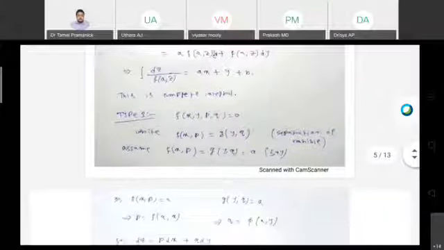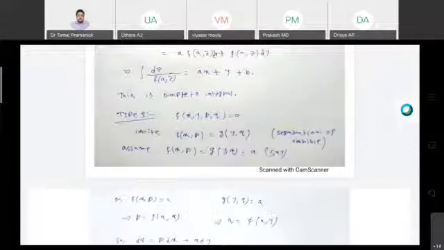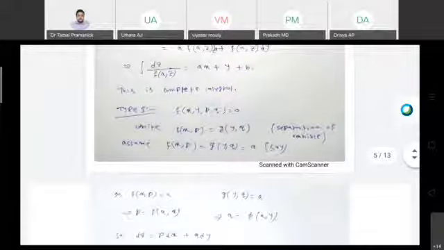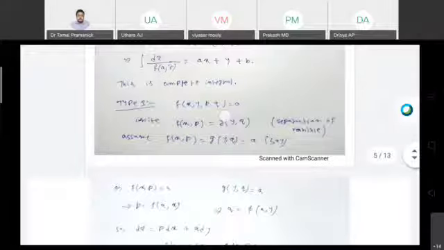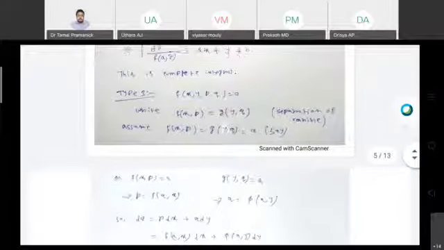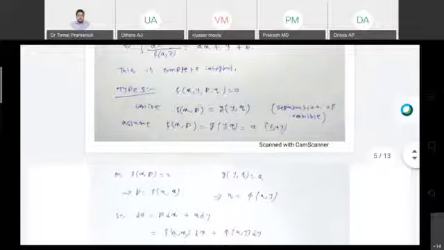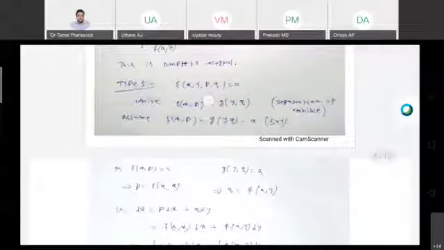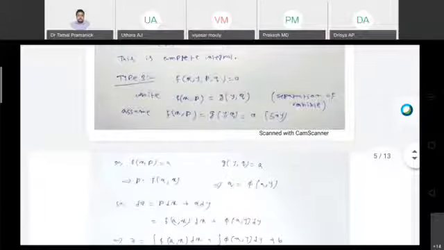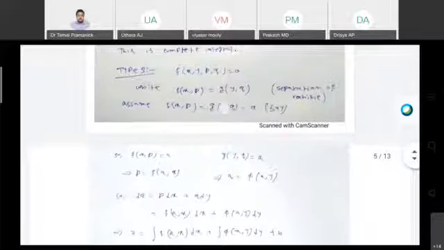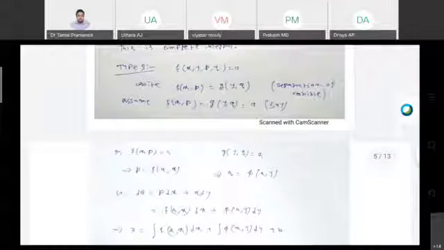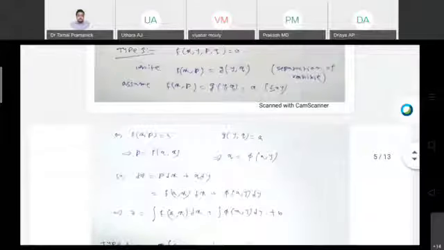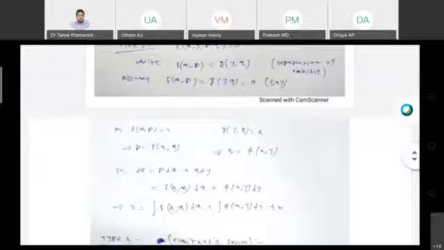Now f is a function of x and y, and the z term is not present. So what you can do is have p on one side and q on the other side. That is the idea which is called separation of variables: x and p you take on one side, and y and q on the other side. So this is a function f of xp, and this is a function g of yq. The same constant is some constant, so f of xp equals g of yq equals some a.